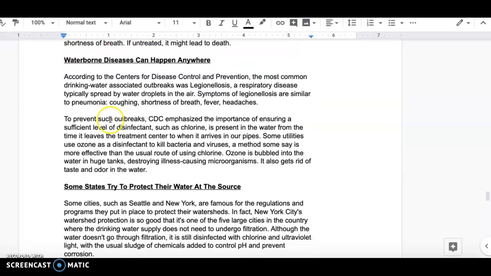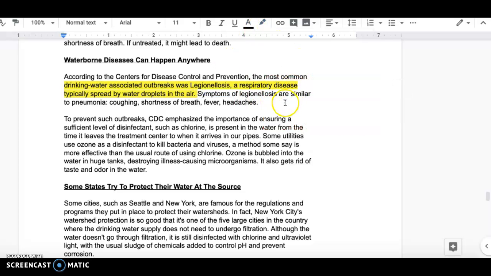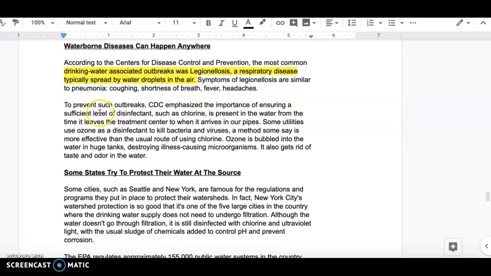Waterborne diseases can happen anywhere. According to the CDC, the most common drinking water associated outbreak was Legionnaires', a respiratory disease typically spread by water droplets in the air. Highlight that. Symptoms of Legionnaires' are similar to pneumonia: coughing, shortness of breath, fever, and headaches. To prevent such outbreaks, the CDC emphasized the importance of ensuring a sufficient level of disinfectant, such as chlorine, is present in the water, highlight that, from the time it leaves the treatment center